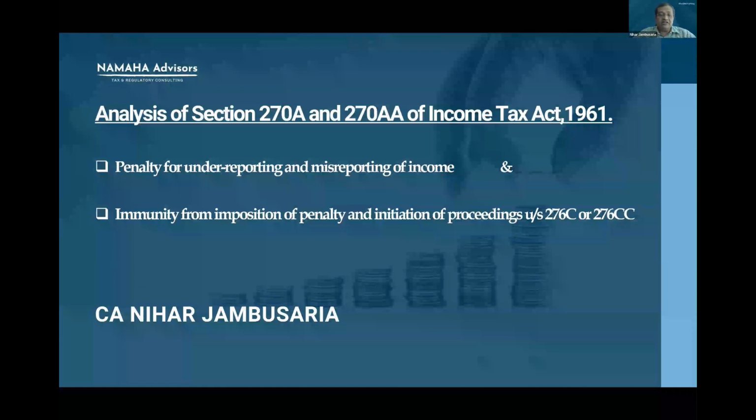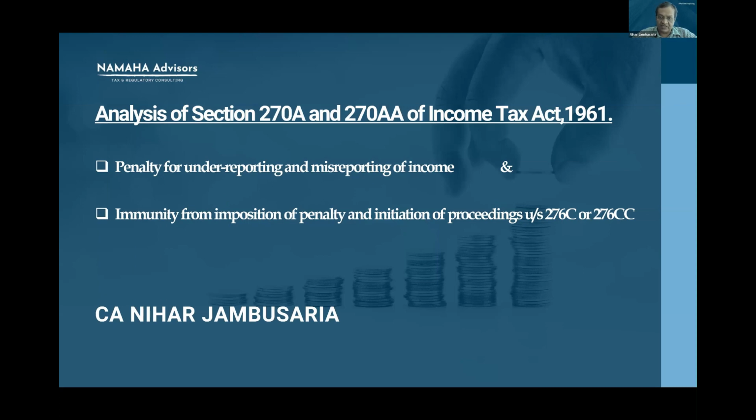Under Section 271(1)(c), the assessing officer was required to initiate penalty proceedings during the course of assessment itself. And he was required to record satisfaction that particulars of income were concealed or there was some suppression of facts in the course of assessment or in the return of income.